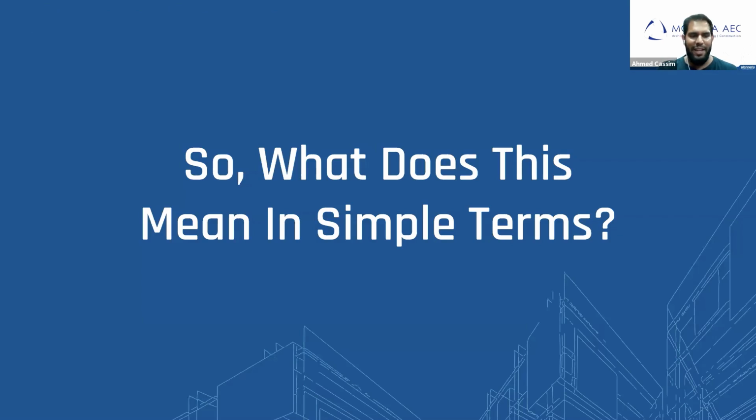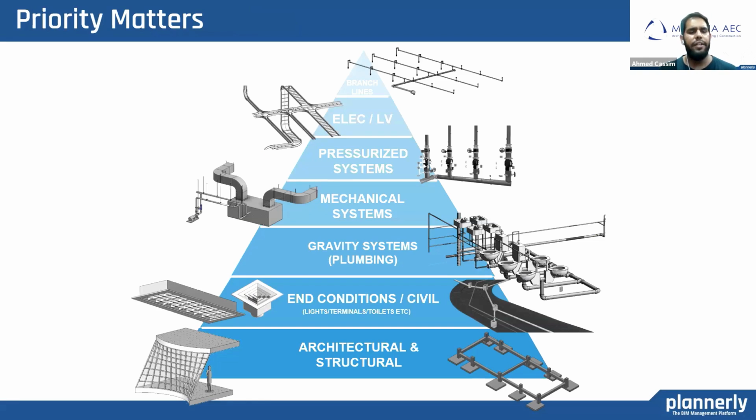Is this something people can understand? Let's see what this means in simple terms. So the first thing that was discovered is that priority matters. If you look at a building and all of the components and elements in it, the sequencing in which you model is very important